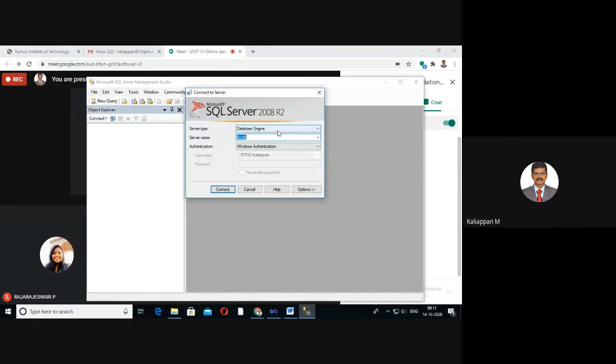It asks for the database engine and server name. Here my server name is local. If SQL Server is installed on another remote machine, then we have to give the IP address of the remote machine. Here the server type is database engine, and the authentication type is the default Windows authentication. Just click connect.